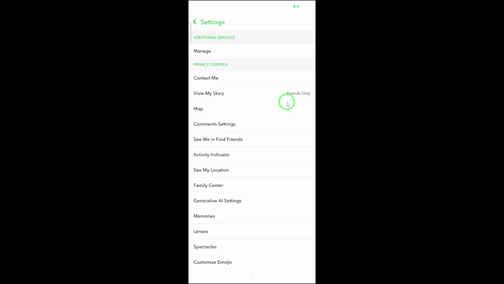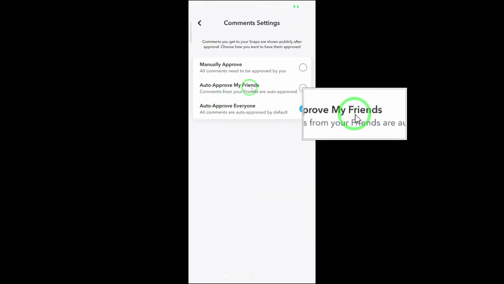Now, scroll down through the settings until you see the section labeled Privacy Control. Under this section, tap on Comment Settings. This is where you can customize how comments work on your snaps. Once you're inside comment settings, you'll see different options. Look for the one that says Auto Approve My Friends. Go ahead and select